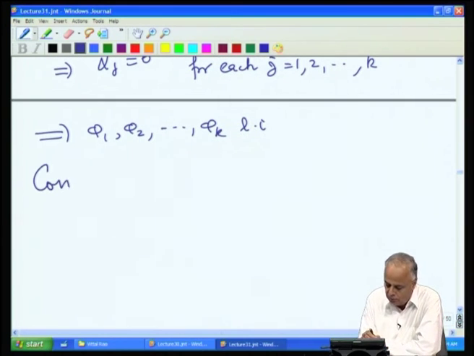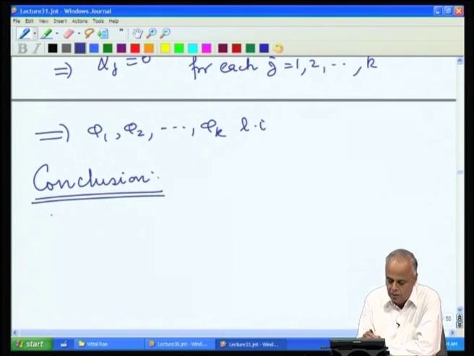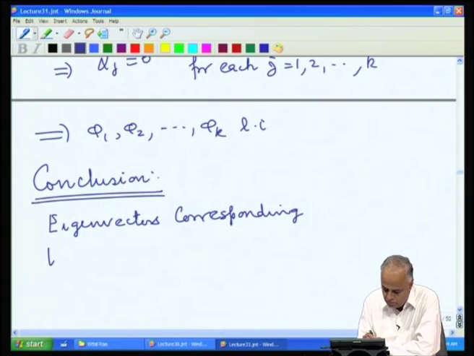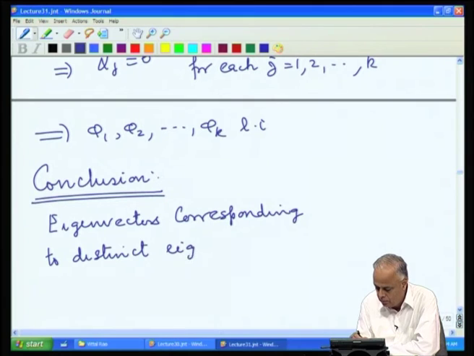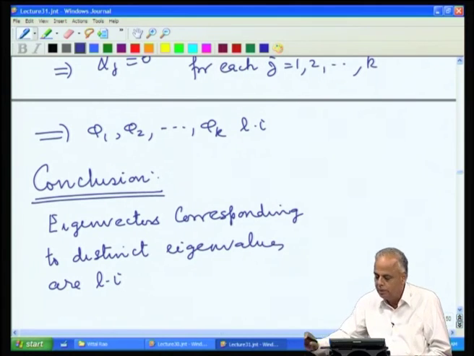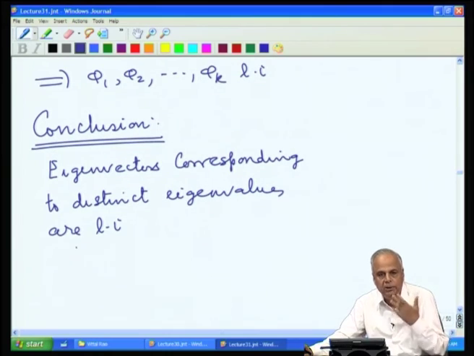So, the conclusion is that eigenvectors corresponding to distinct eigenvalues are linearly independent. So, this completes our argument that we started in the last lecture about matrices for which the algebraic multiplicities were equal to geometric multiplicity. So, in summary,